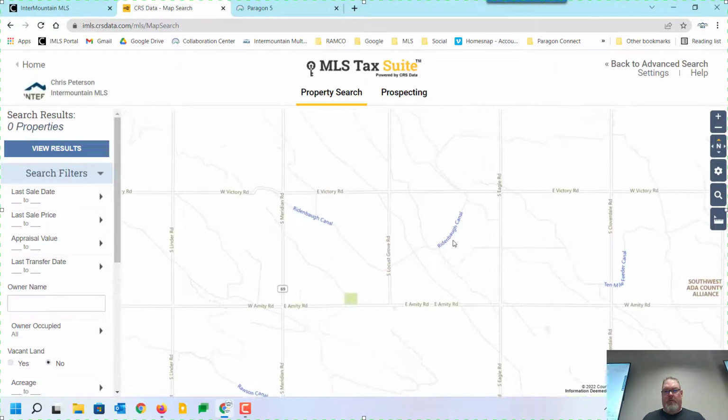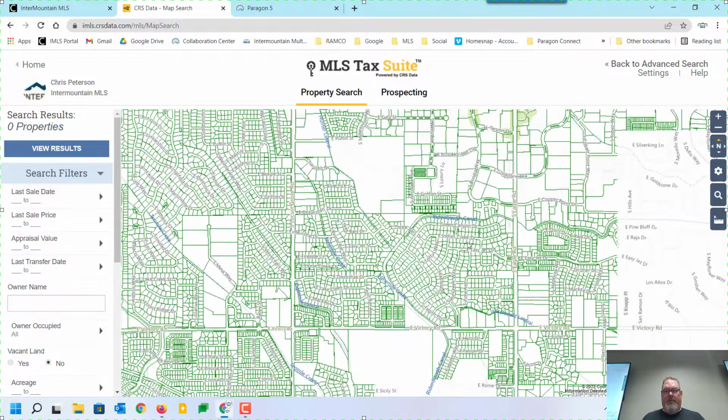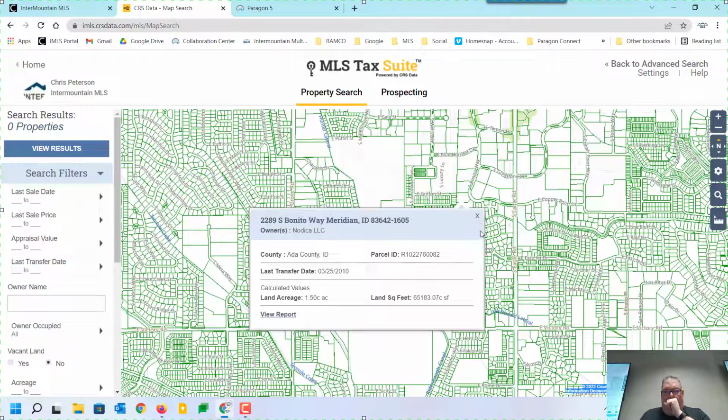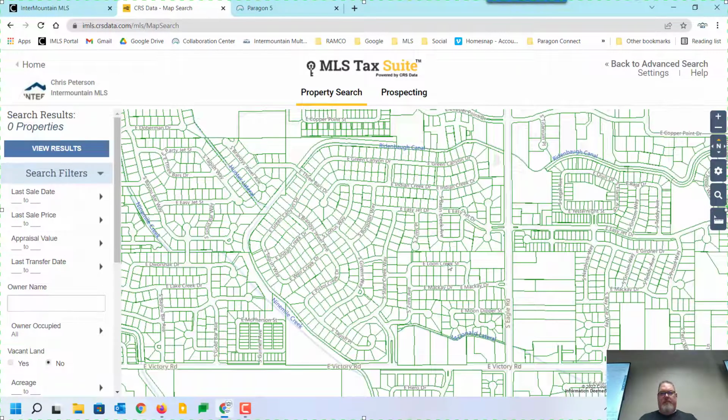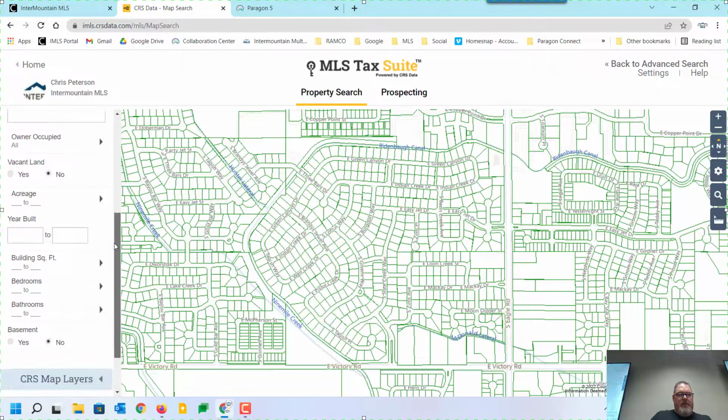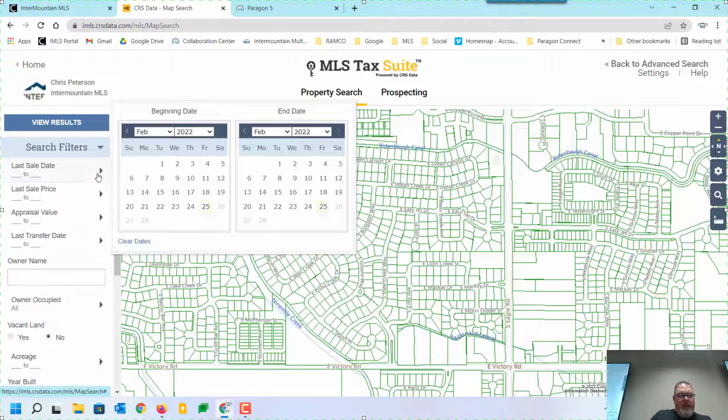So we'll zoom in here, kind of where we were before with Pine Flats. And I'll zoom in just a little bit more. So then I've got these properties here. Over on the left, I've got some filters. So maybe I want to find last sale date. All right, let's do the sale date. There we go. And I want it to be from the 1st to the 25th today. And now if I hit view results,